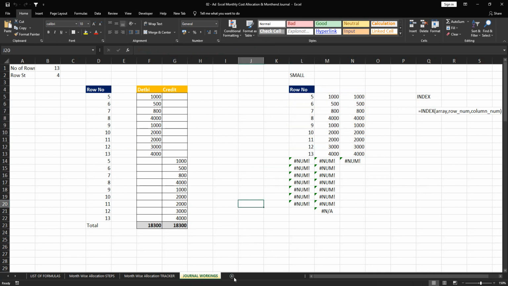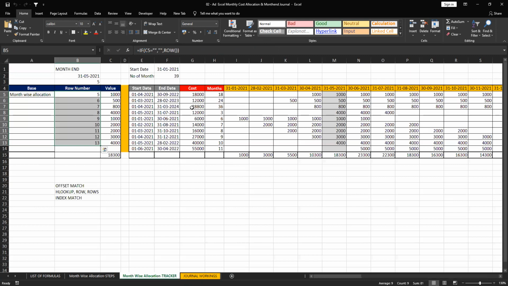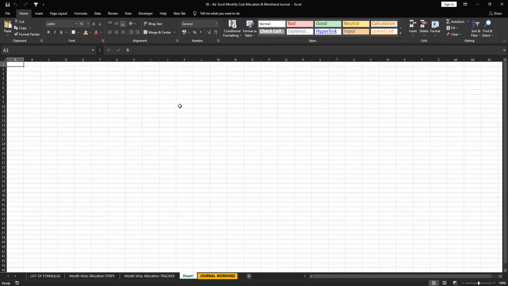For the allocation, how we have done the same is, suppose we have some project also, whether completed or not, we can identify with the dates, right? For that also we need to apply the same logic.